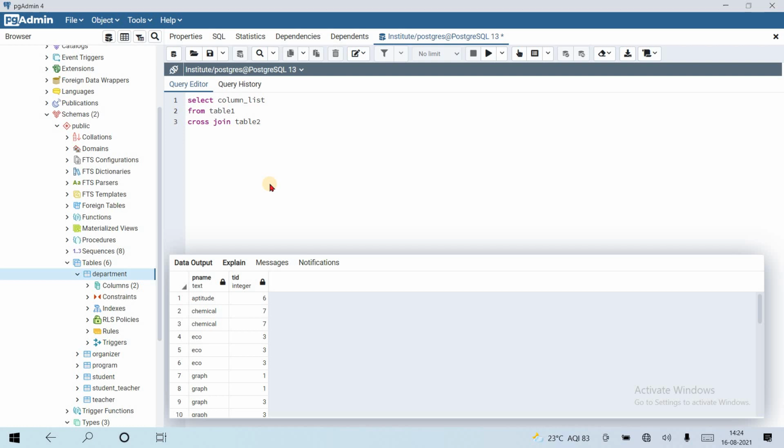Table 2, that's it. Let's run an example on our left product table. Suppose we have only two columns.